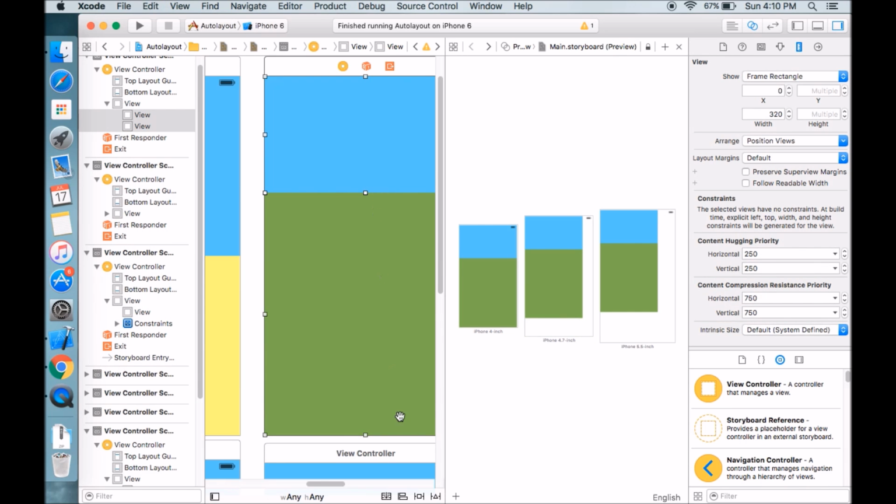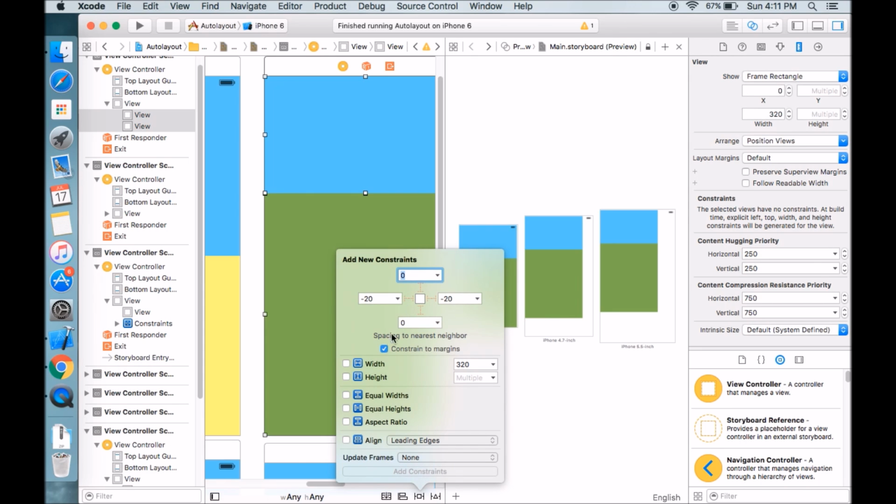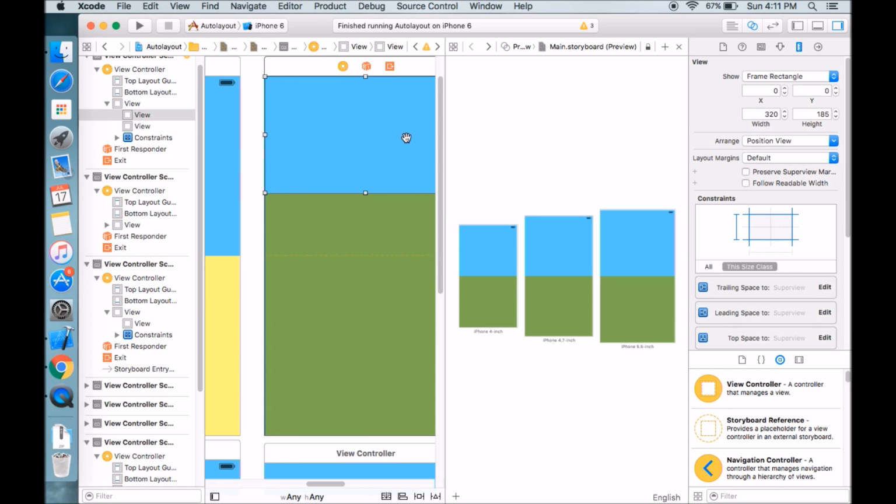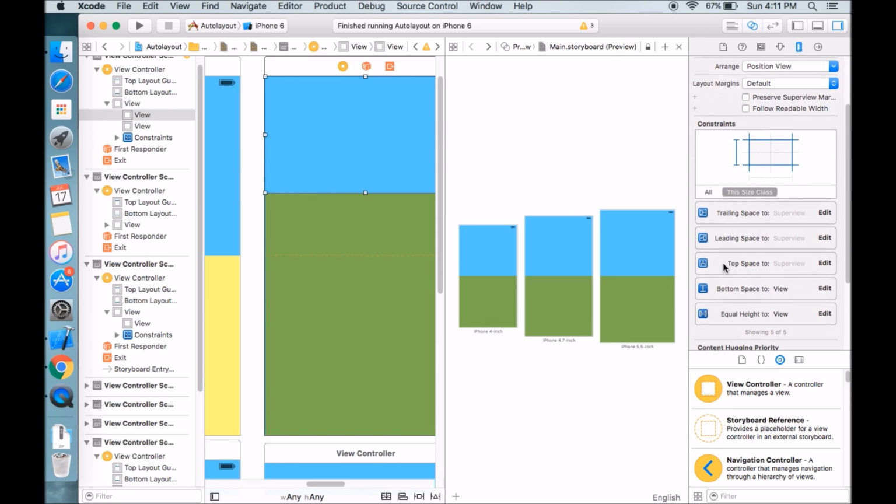Undo it again. We'll do it again. I guess it's not properly set up over here. Now I guess it's fine. So just choose both of them. It's leading, trailing, top, bottom, equal heights. Add those 8 constraints. Though the heights are not equal, so we'll define the heights, which is in the ratio